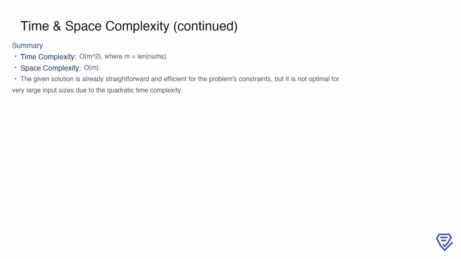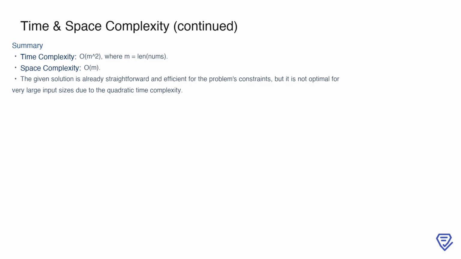In summary, the time complexity of this solution is m squared, where m is the length of the nums list. The space complexity is m, as the space required is proportional to the size of the target list. While the solution is simple and effective given the constraints of the problem, it becomes less efficient for very large input sizes due to the quadratic time complexity. However, given the nature of the problem and the constraints provided, this trade-off between simplicity and performance is reasonable and